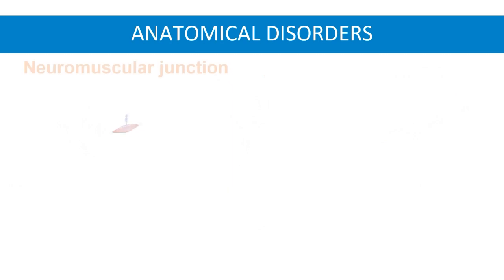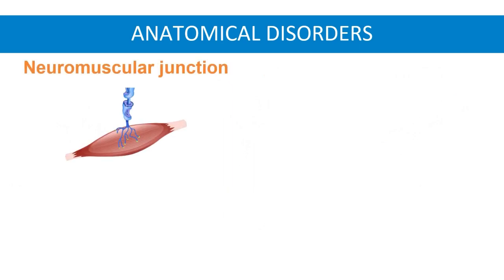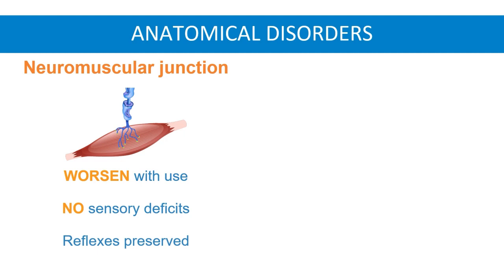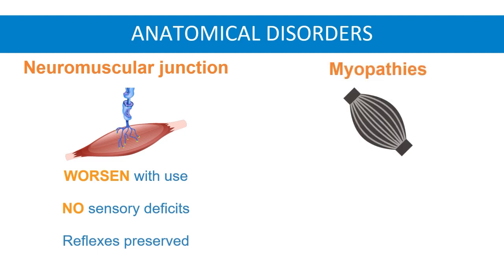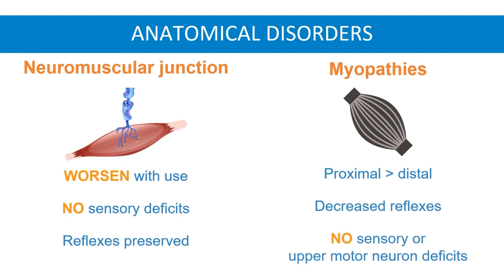deficits. Neuromuscular junction disorders are characterized by weakness that worsens with muscle use and fluctuates during the day. There are no sensory deficits, and reflexes are often preserved or decreased. Myopathies typically cause fixed weakness that affects proximal muscles more than distal, decreased reflexes, and lack sensory deficits or upper